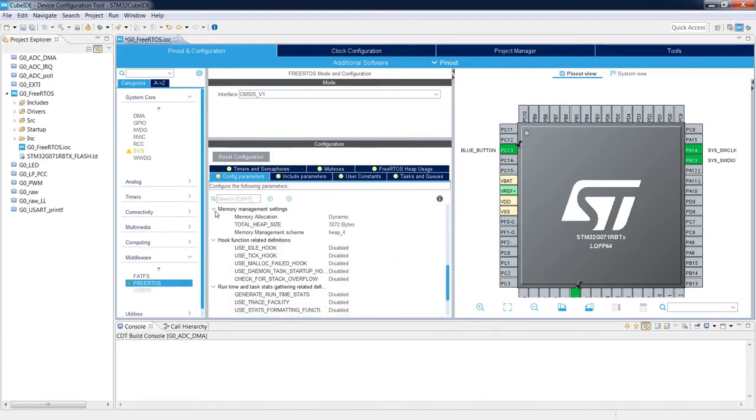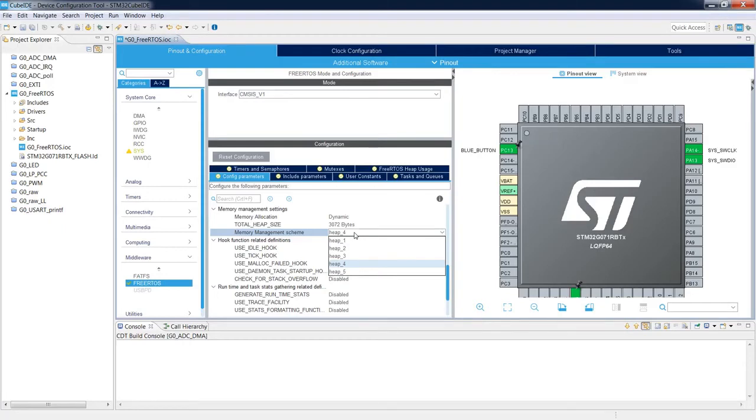An important component is the memory management settings, where we specify the total RAM area which will be used for FreeRTOS. Please be aware that this time it is given in bytes. So 3 kilobytes we have at the moment, and the memory management scheme. We can select this memory management scheme from heap 1 to heap 5. We have a dedicated session on FreeRTOS on our channel, so you can have a look for more details on each memory management scheme.